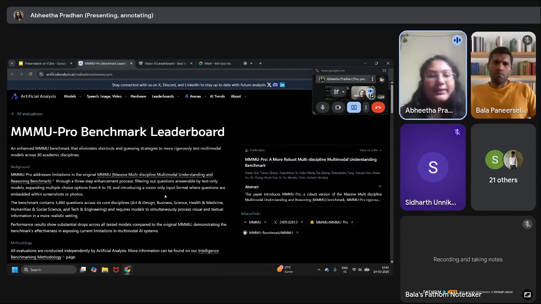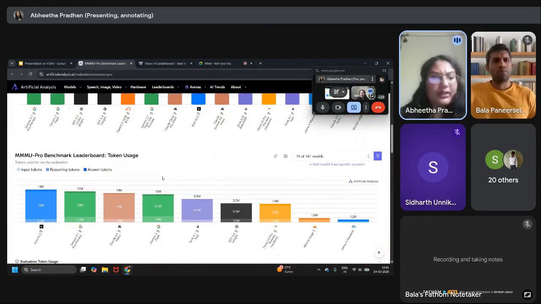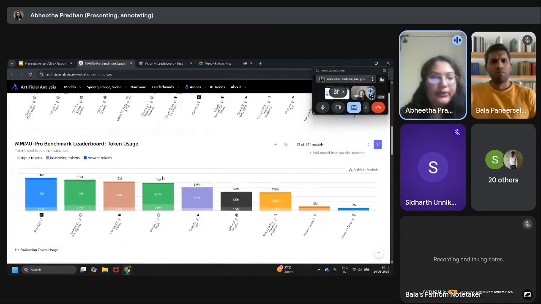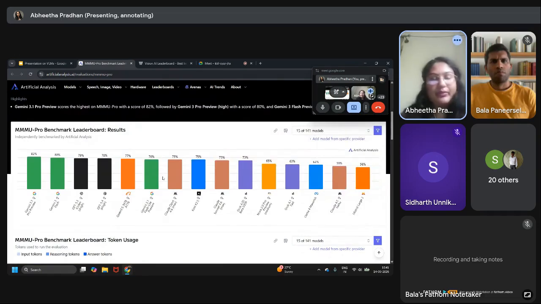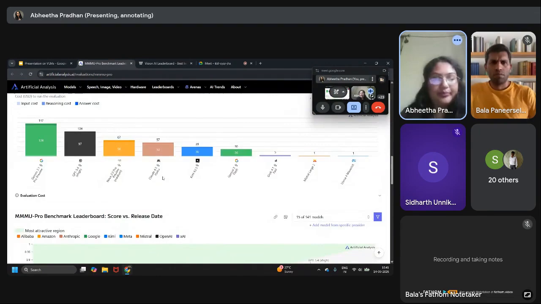Basically, it is a benchmark on how well models understand multidiscipline reasoning. So this is another benchmark, and you can see breakdowns on various things like token usage and costs and